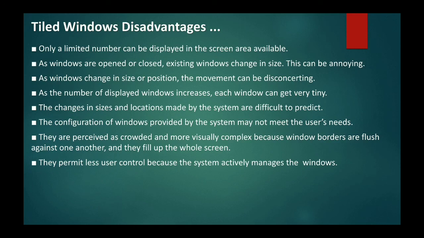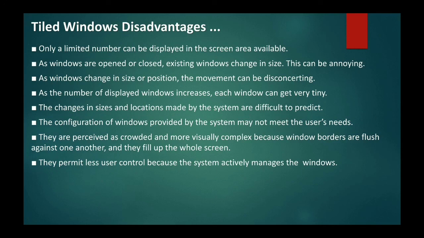Third, as windows change in size or position, the movement can be disconcerting. We have seen that when we closed a window, the size of the windows changed. If we add a window, imagine we have four windows and now we increase the number, then the size will also change and the windows will move.